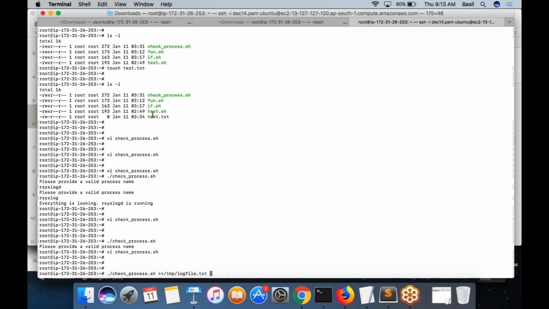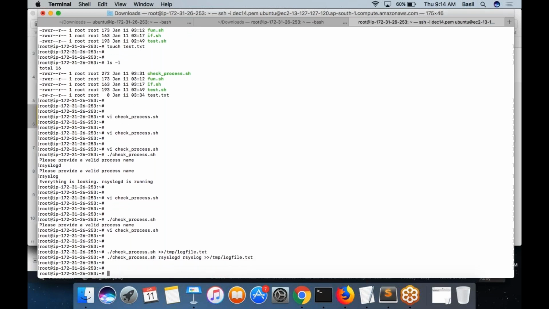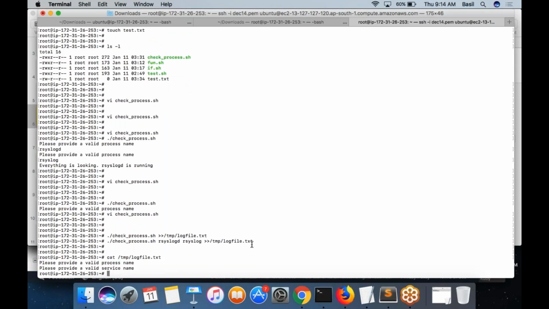Basically, the output of this entire script would be sent to this file. Now, if you look at this file, in this case there wouldn't be anything. I'm providing the process name. Now look at this file. You can see the output of each command.